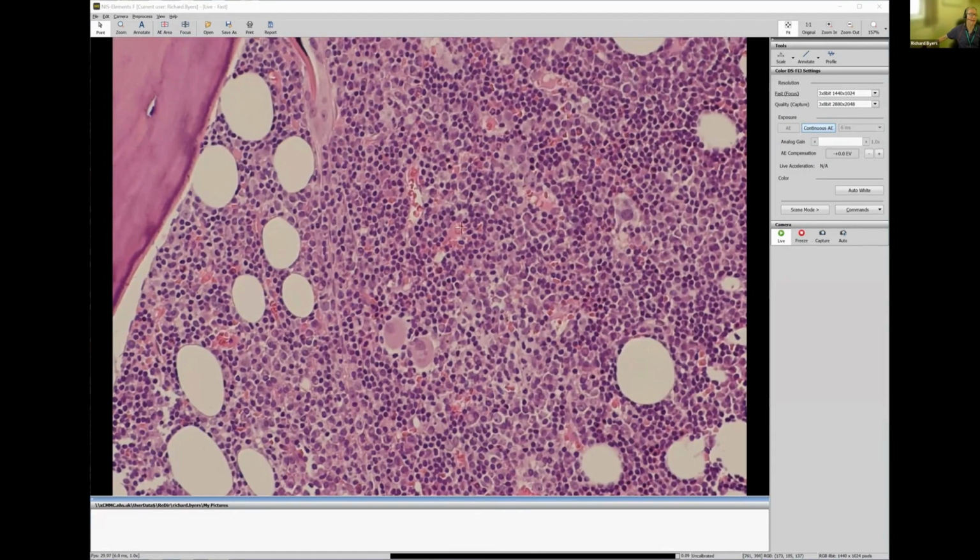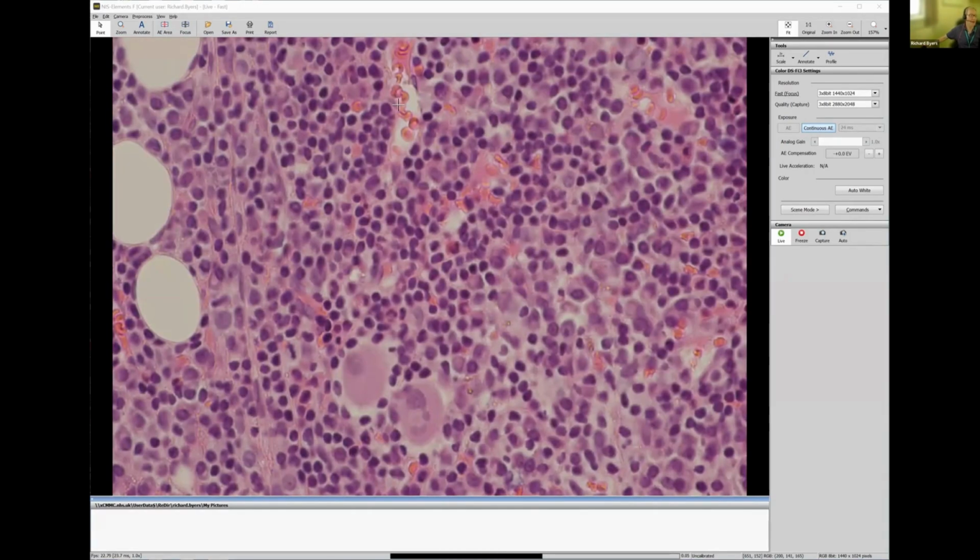Already at this power, we can see plenty of plasma cells, like there. There are 2 plasma cells there. There's a whole set of plasma cells through here. And going up to higher power,